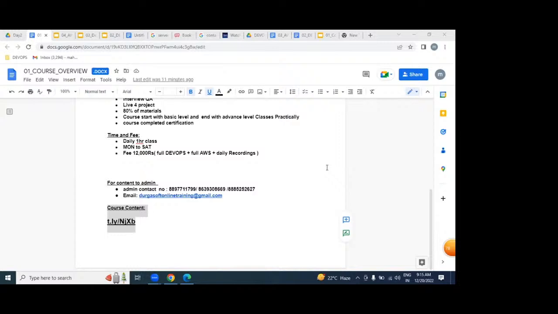In AWS, we're going to be learning 3 ways. Totally there are 4 ways, but we're going to discuss only 3. First, graphically, we're going to learn. Second, CLI commands. And third, writing a file and executing the file to create infrastructure. So we're going to spend time on 3 ways: graphical, CLI, and CF, CloudFormation.